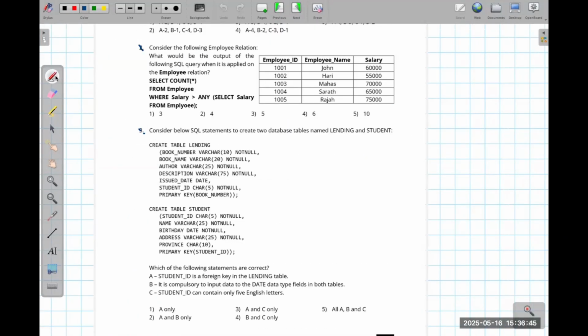Question: consider the employee relation. Would you like to find the output? So let's decode the code. Select count all. What do you mean by count all? It will basically count the number of entries, the number of records, from the employee table where salary is greater than any